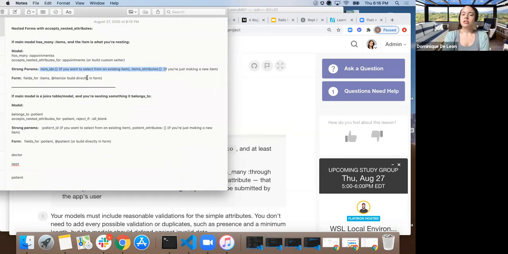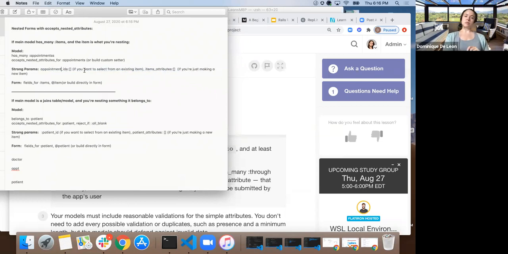But depending on whether you're doing one or the other or both, that's going to affect what you're doing in your strong params. If you wanted to select an existing one, this is going to be appointment IDs, right? If you want to just make new appointments, this is going to be appointments attributes, right? If you want to do both, you'd have both, right? For your fields_for, this is just going to be appointments. It's the name of the collection,